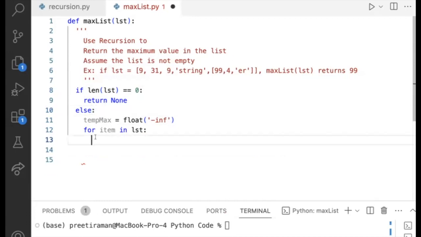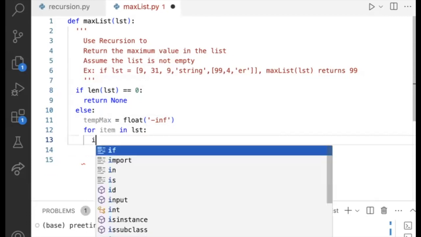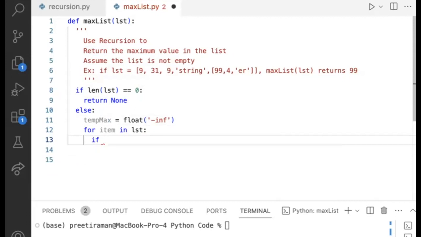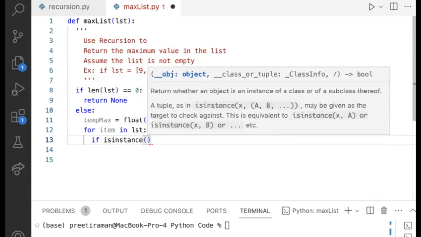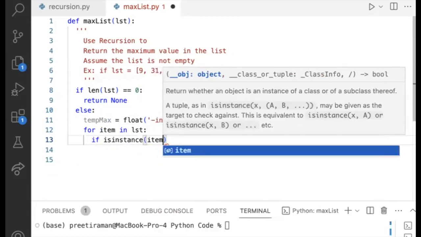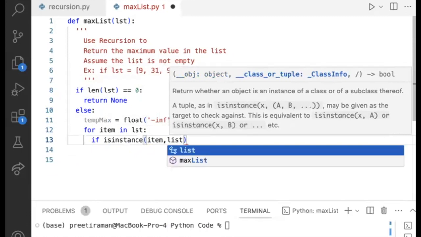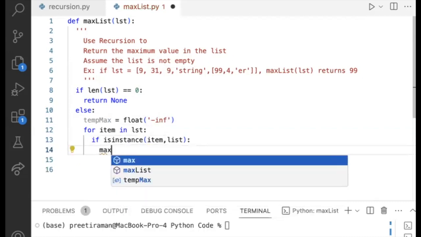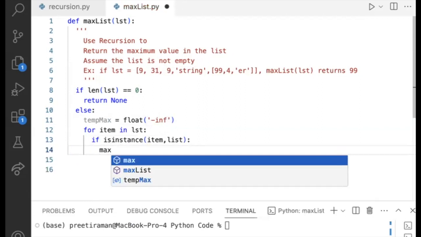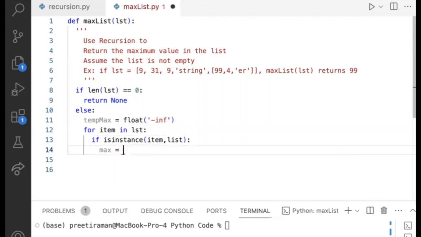In this for loop, as we're looking to find if an item is a list, we are going to use an if statement, and we're going to use the isinstance function to check if the item that we're now traversing is indeed a list. And if it is, then what do we do? We know that there is a sublist, there is a nested list. And now we actually want to do, there could be a different max. And so we're going to say max is max list